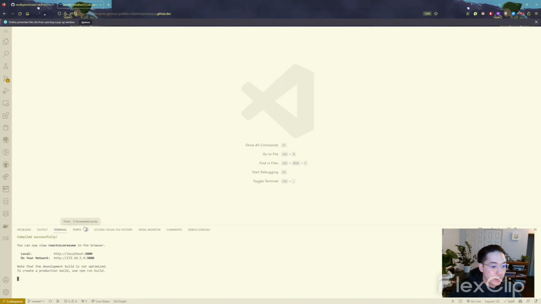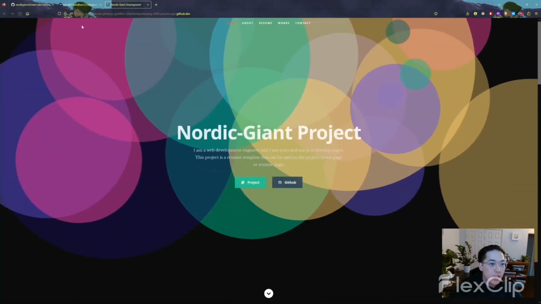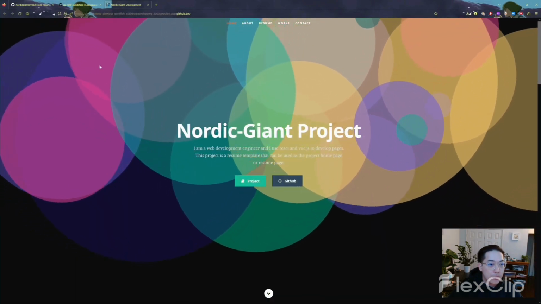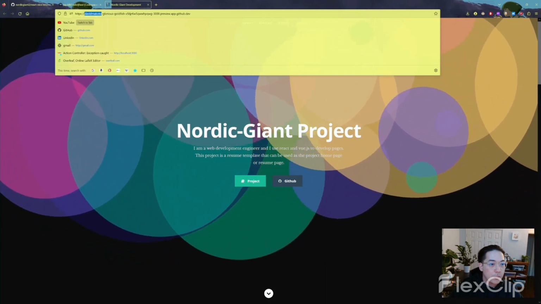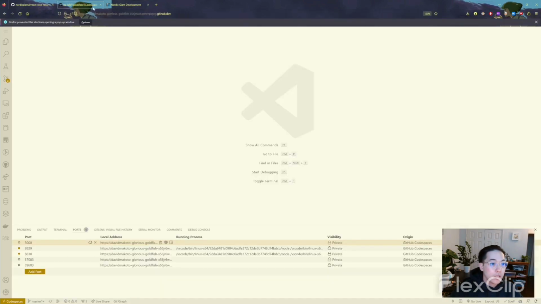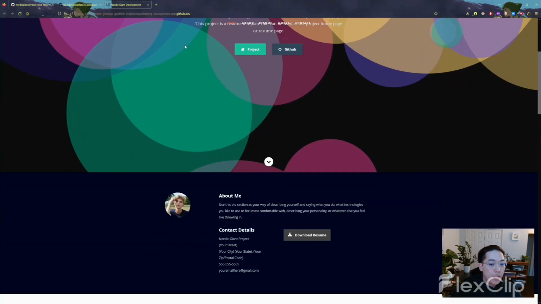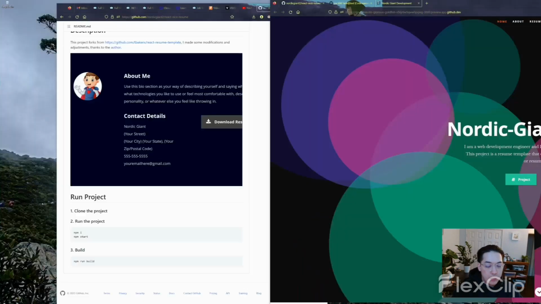Instead, what we're going to do is go to ports right here, port 3000, which is usually what React apps default to. You click that, and then here's the app that we have, and you can see from the top here, this is our GitHub username along with the GitHub Codespace. You can see Glorious Goldfish right here. And just to prove to you that this is the application that we're working with,